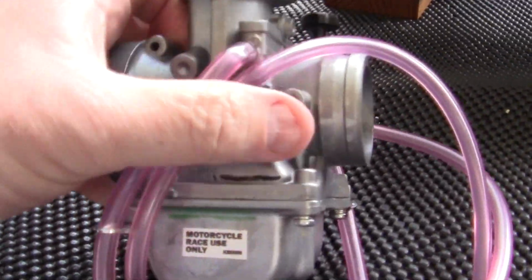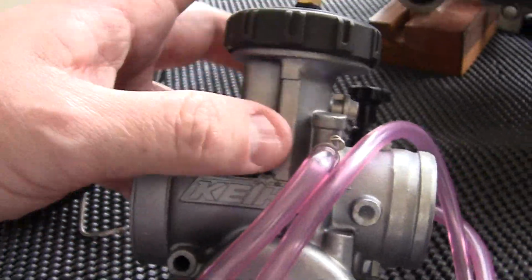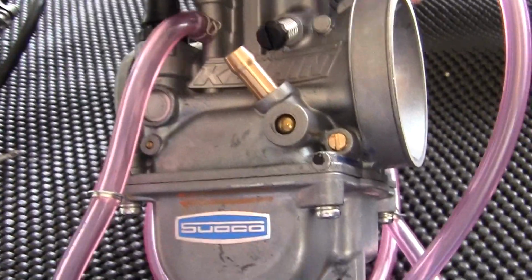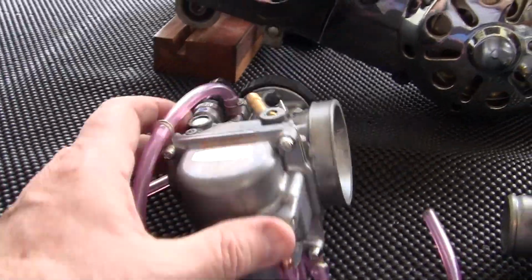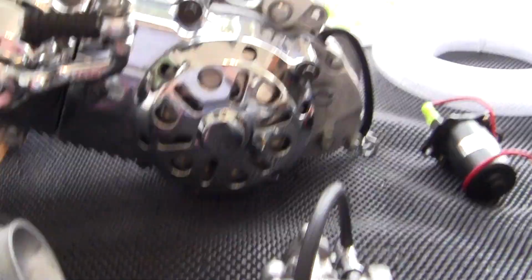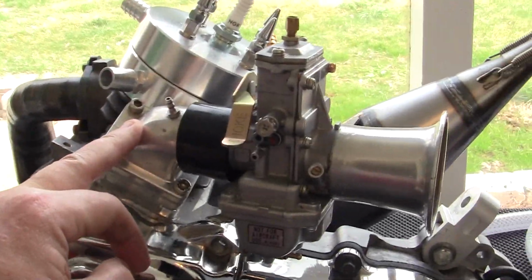See if I can find the number on it. Let's see. I thought I had a 33 right there. Oh well. Anyway, it's a 33. But it'll be more powerful than this one, because it will be putting more fuel into the engine, through your intake,